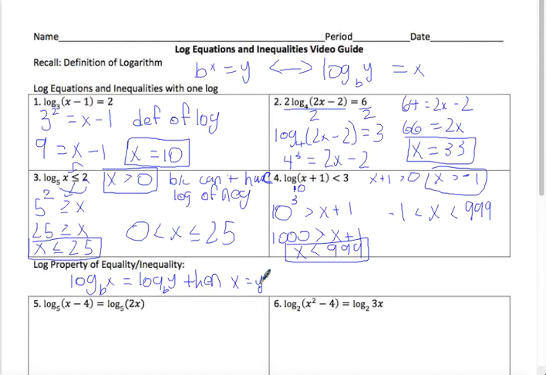If log of x equals log of y, then x equals y. And same thing for inequalities. So if log base b of x is greater than, or less than, or greater than or equal to, or less than or equal to log base b of y, then x is greater than y or x is less than y. You get the idea. So using this,